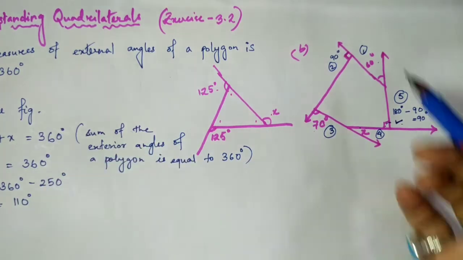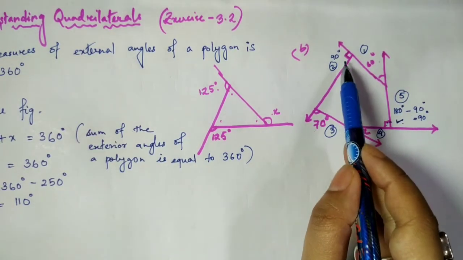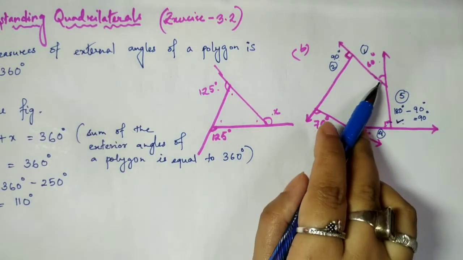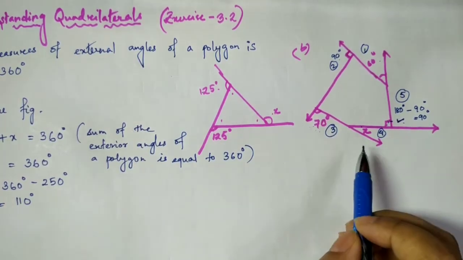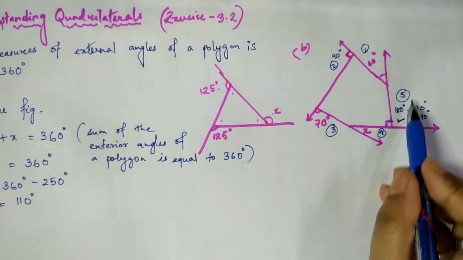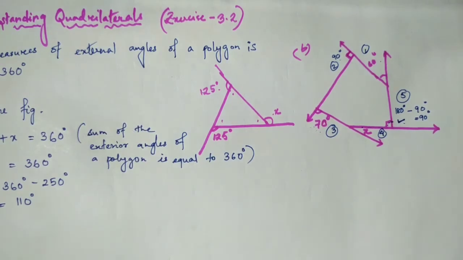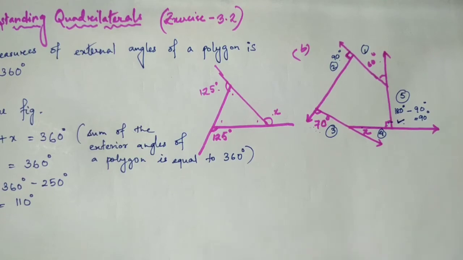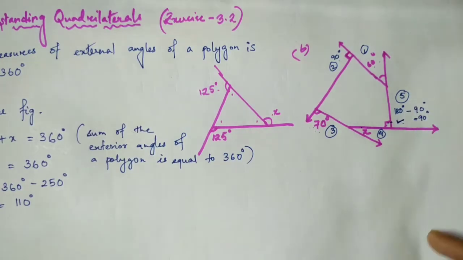Please mention that let the angles be angle 1 to angle 5, and then you can write the angle from the figure. Angle 2 is equal to 90 degree. It's given angle 1 as 60 degree, angle 3 as 70 degree, and what will be angle 5? Angle 5 is equal to 180 minus 90 degree, but within the bracket you have to write how it is this particular part. Within bracket you write linear pair. So now using the property, you can write angle 1 plus 2 plus 3 plus 4 plus 5 is equal to 360 degree, and in this way you will be finding this.